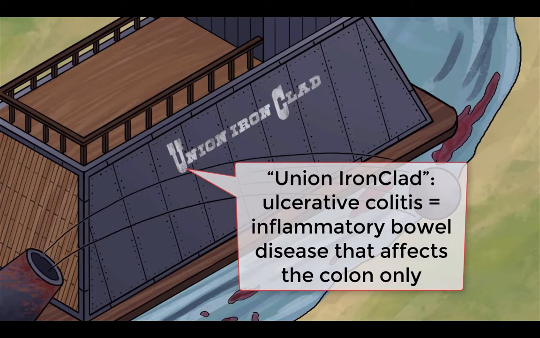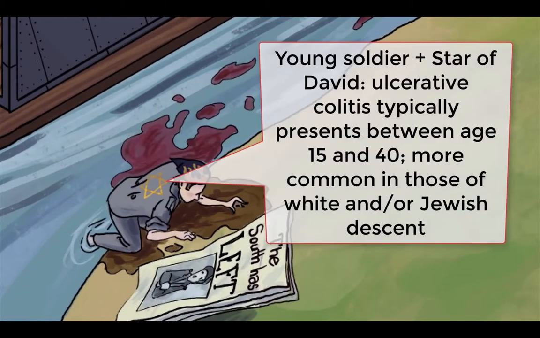While UC and Crohn's disease share many features like abdominal pain, diarrhea, and fever, there are big differences in both the pathologic and clinical findings of the two diseases. The age of onset of UC, just like Crohn's disease, is usually between 15 and 40 years, though there may be a second peak between 50 and 80. But for all intents and purposes, think young-ish. IBD is also more prevalent in North America and Europe, and less prevalent in Asia, Japan, and South America. Ulcerative colitis and Crohn's disease are more common in individuals with Jewish ancestry and in white ethnicity compared to Black